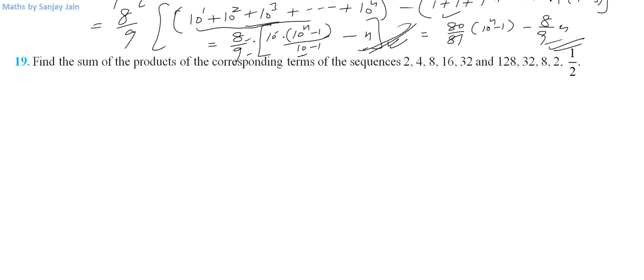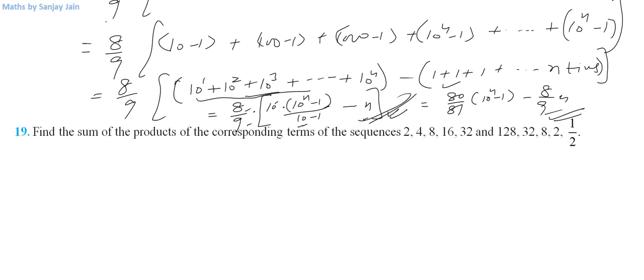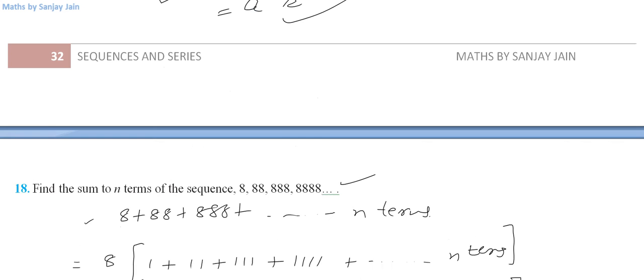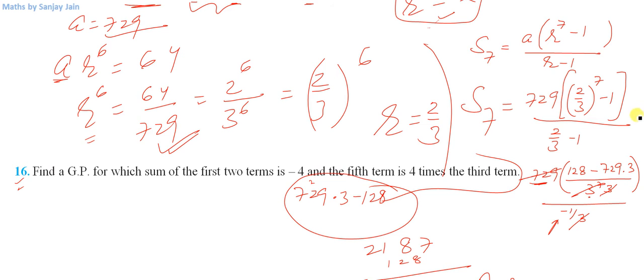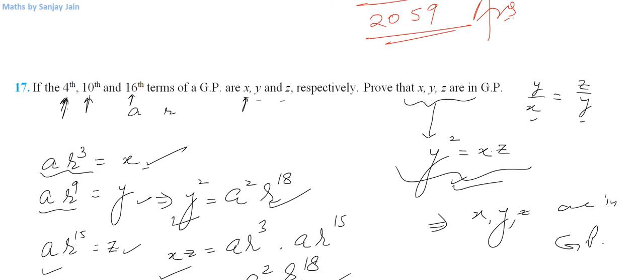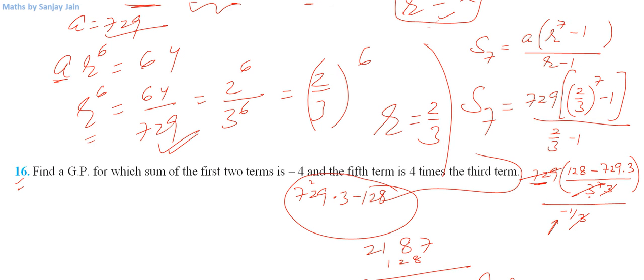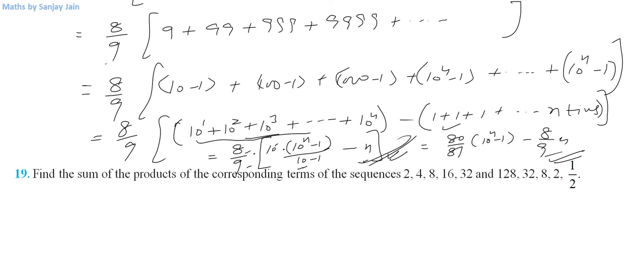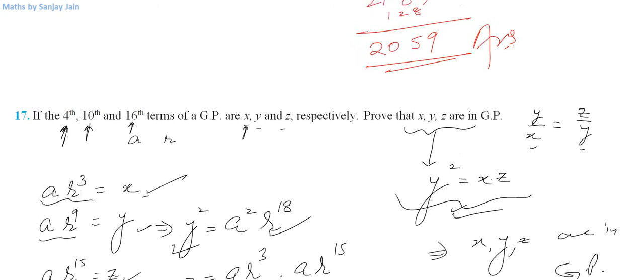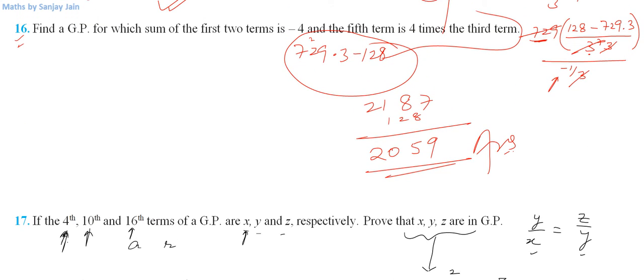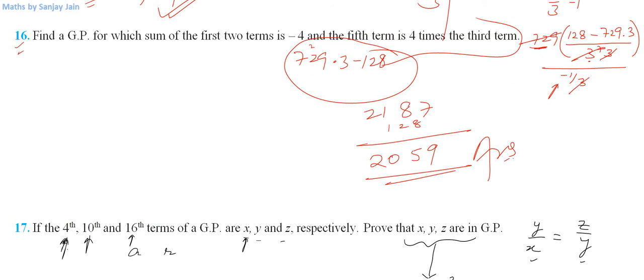Okay, I hope you have got this question. I think I have left one question. Which question did we leave? Okay, this 16th question was left. Why? Because I thought that this space was utilized for the 16th one, whereas we did it for the 15th question. So let us do the 16th question before proceeding.